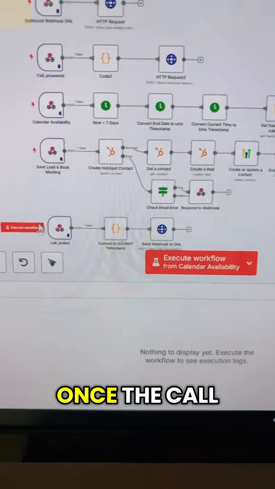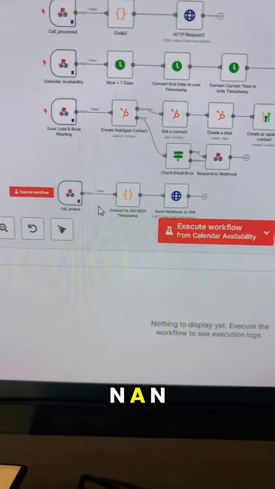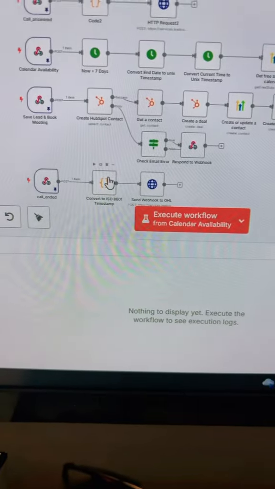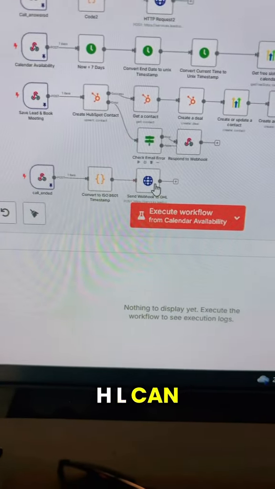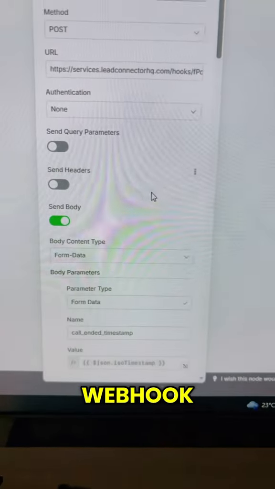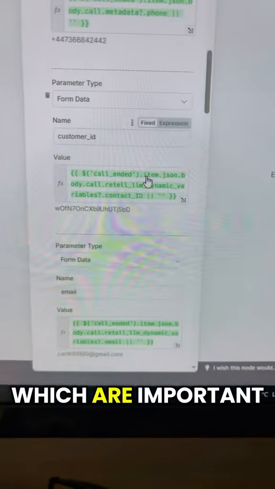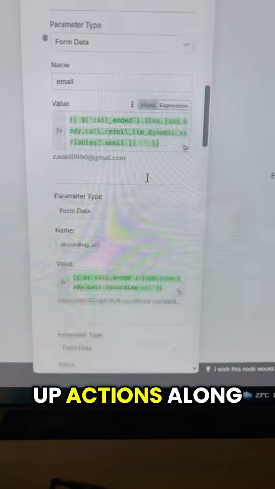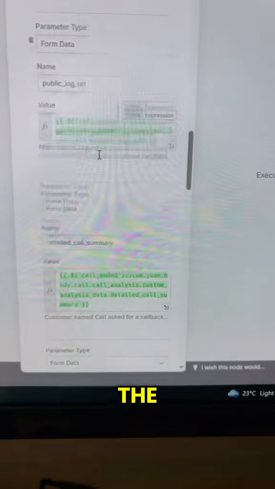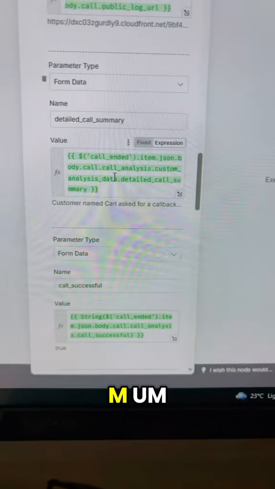And then finally, once the call is over, a final webhook will be sent from Retell through n8n. That time will be converted into ISO format, so GHL can log it as a call complete. And within this webhook, we send a lot of details from the call, which are important in the follow-up actions, along with the recording URL, so they can listen back to the recordings right from the GHL CRM,